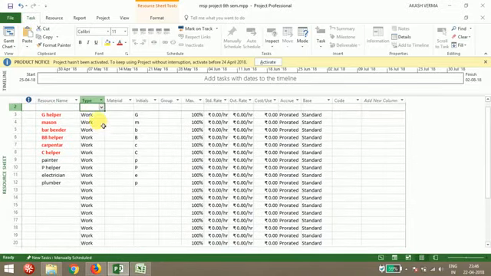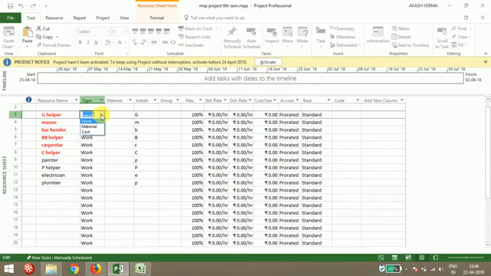Here in the type, you have three types available: work, material, or cost. Whatever resource name you have provided, what type of resource is it: work resource, material resource, or cost? The difference is that if you are providing any labor, it comes under the work type.